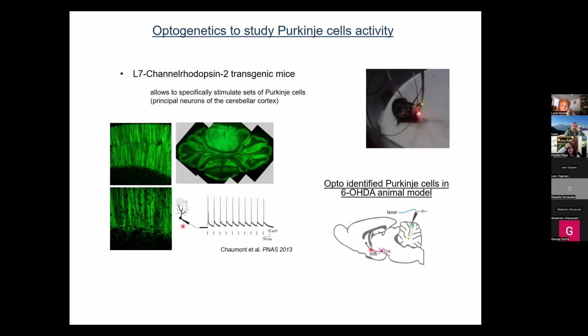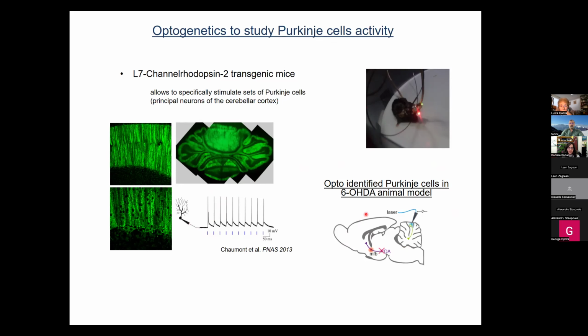For this, we took advantage of a line that we developed with colleagues here in France, the L7 channelrhodopsin transgenic mice. These mice express channelrhodopsin in all Purkinje cells, so they allow us to specifically stimulate sets of Purkinje cells. And here we can see that every time, in blue, when we stimulate Purkinje cells, we have an action potential. So then we opto-identified Purkinje cells in our animal model with the toxin injected in the basal